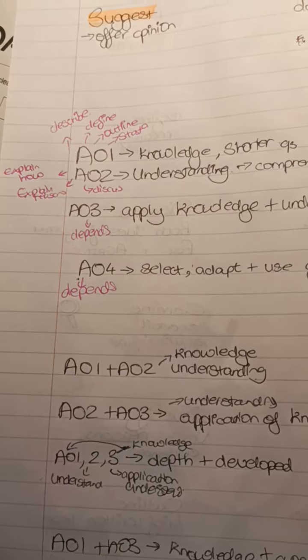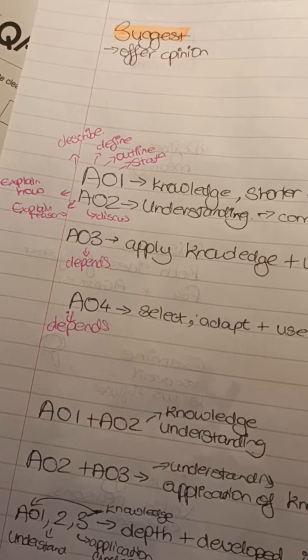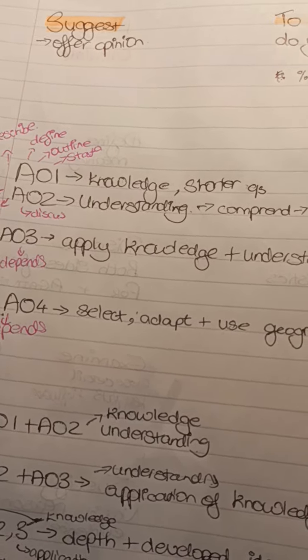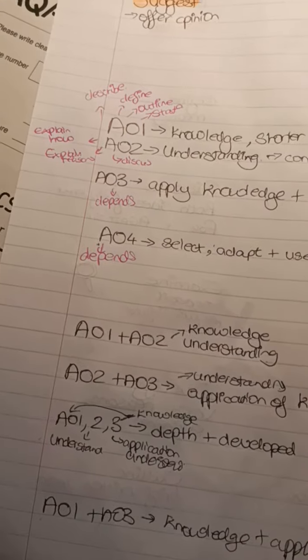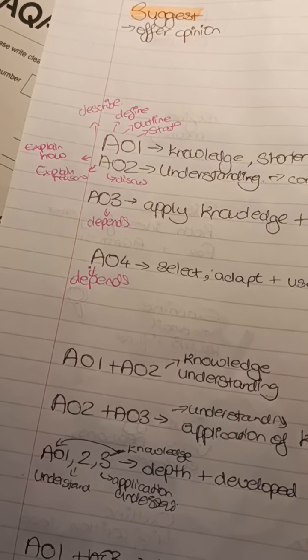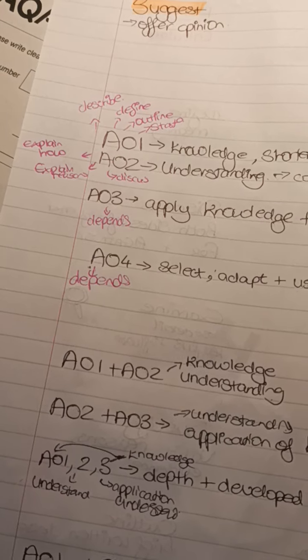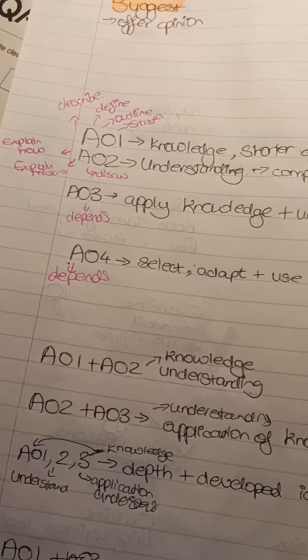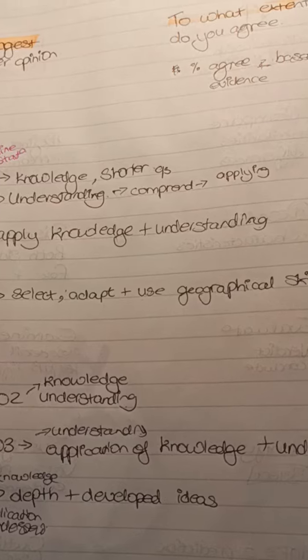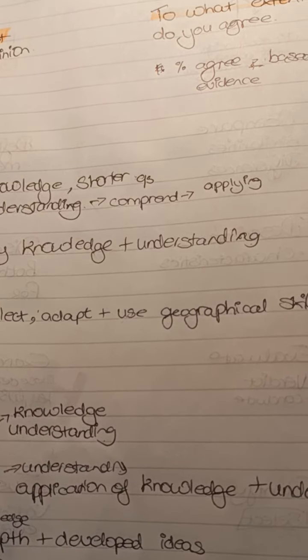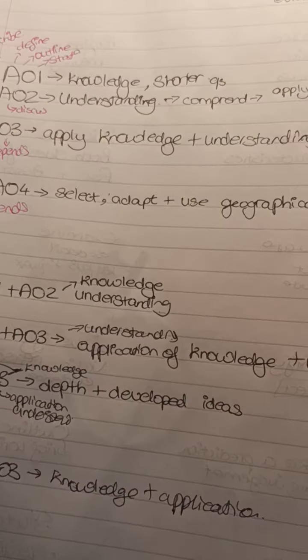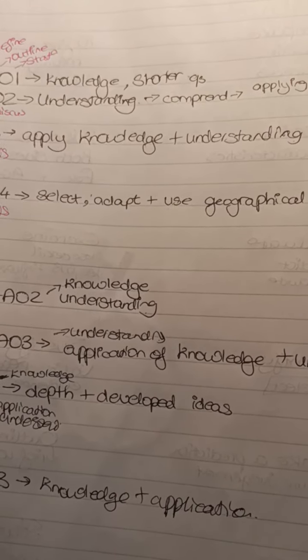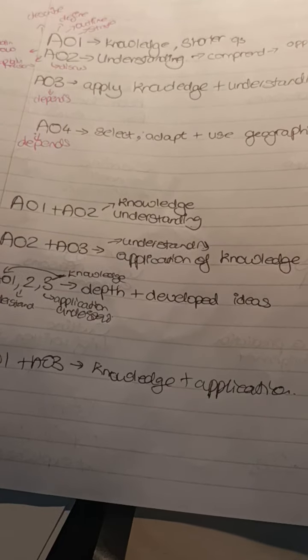Okay, this is where it gets interesting. So AO1, the command words are usually describe, define, outline, and state. These are mostly knowledge-based, and they're shorter questions. AO2 includes the command words explain, how, explain, reasons, and discuss. And these are basically about understanding and comprehending and applying. AO3 is about, it depends on the question, applying the knowledge and understanding. AO4 is,